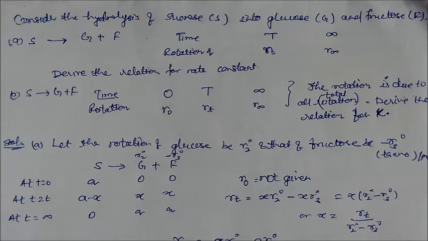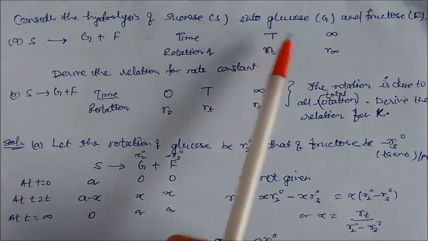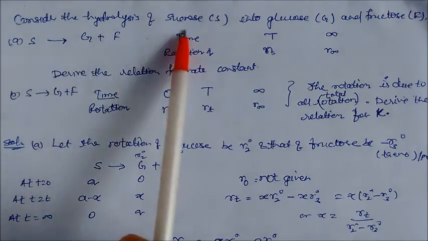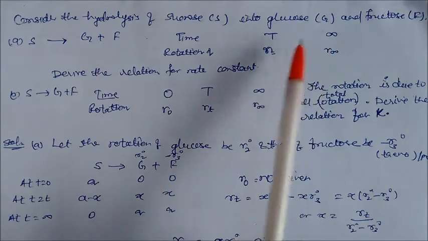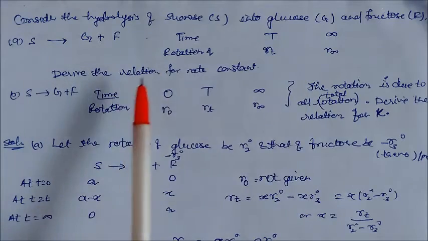So we have the next numerical. Consider the hydrolysis of sucrose, which is converted into glucose and fructose. Question A: the rotation is given at time T, R at time t, and R infinity at infinite time, and we have to derive the expression for the rate constant. The second question is